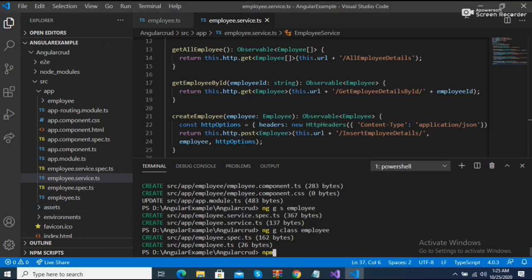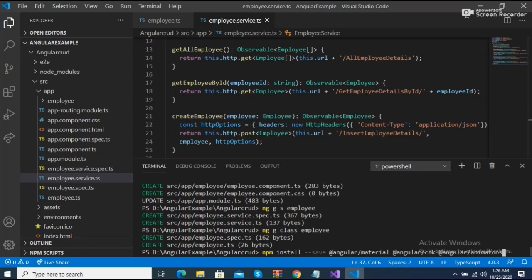npm install --save @angular/material @angular/cdk @angular/animations. So now you can see this is npm install --save, Angular Material, Angular CDK, and Angular animations.